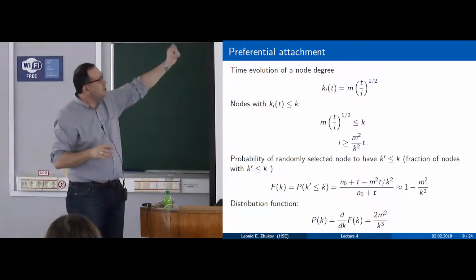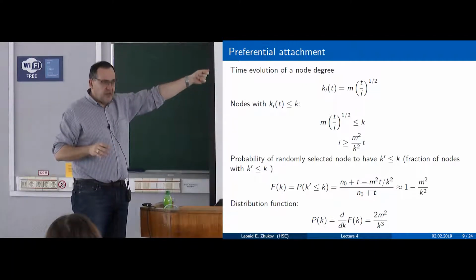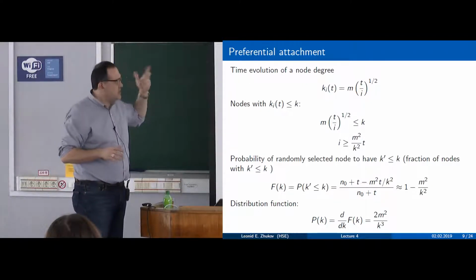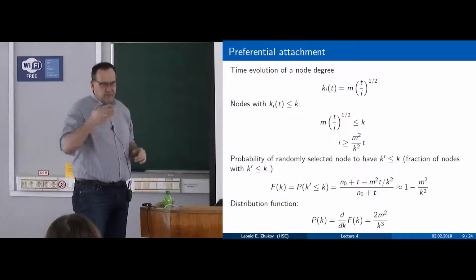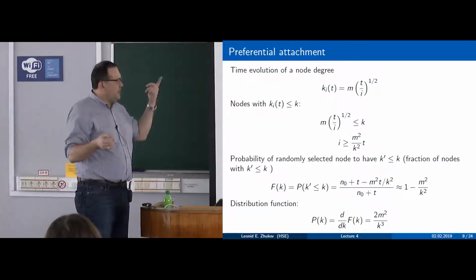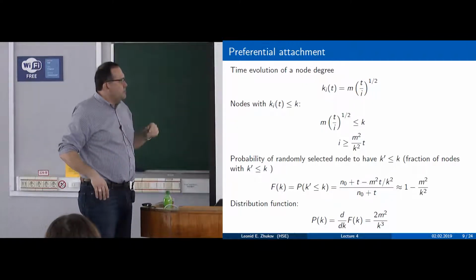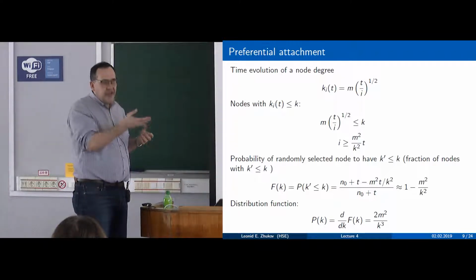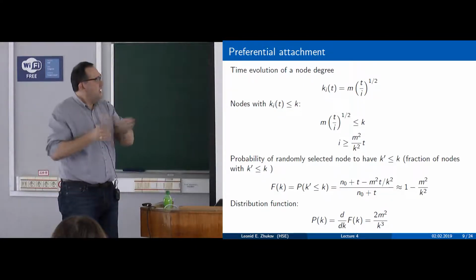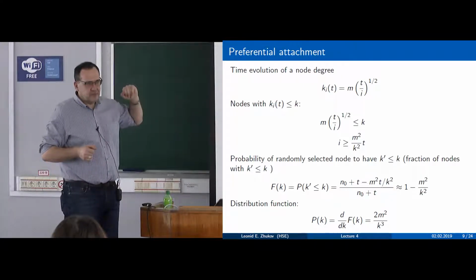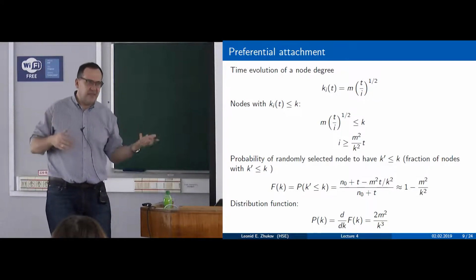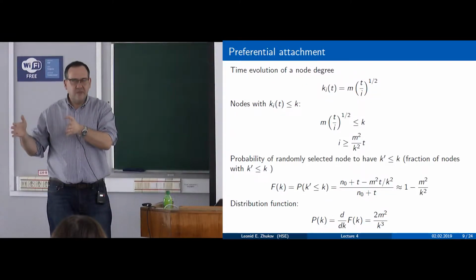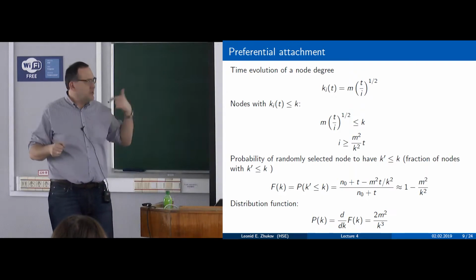That's what it says. If I want to select nodes with degree less than k, their arrival number I should be greater than that threshold. That's the notion. Now if I know which nodes have low degree, I can calculate the probability of a randomly selected node having a degree less than k. It is all those nodes that arrived after that moment of time I, because they all will have a degree less than given. Their degree grows with time, and they just lived in my network for a smaller amount of time, so their degree could not